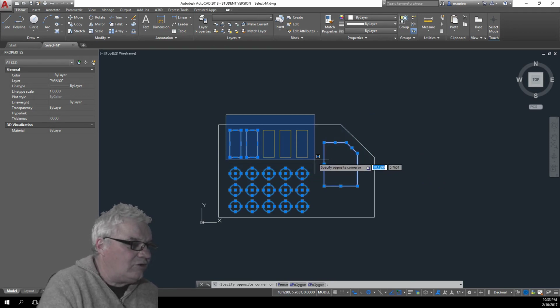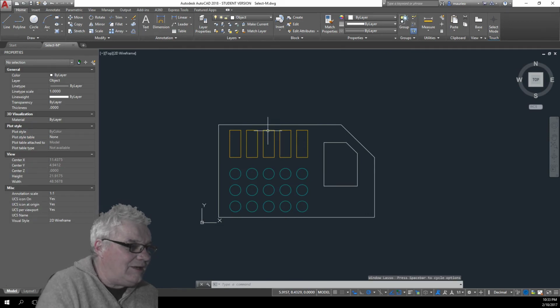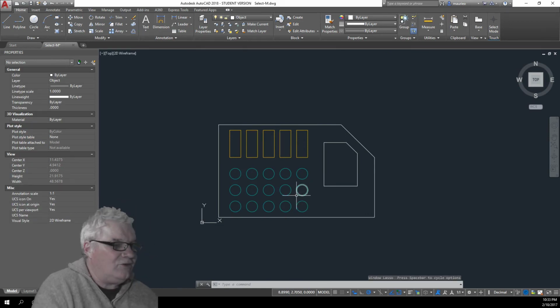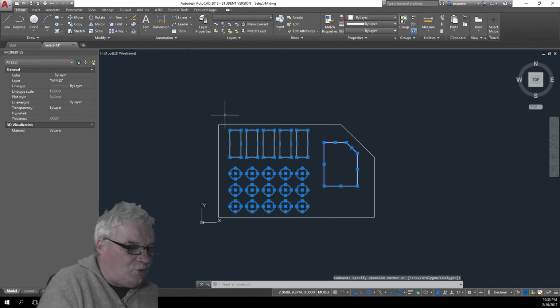So I select like that, and oh, that's selected everything. Then shift, oh, I've done it again. Let's go through that again. We select like so, and then we want to remove them from the selection. Hold down the shift,